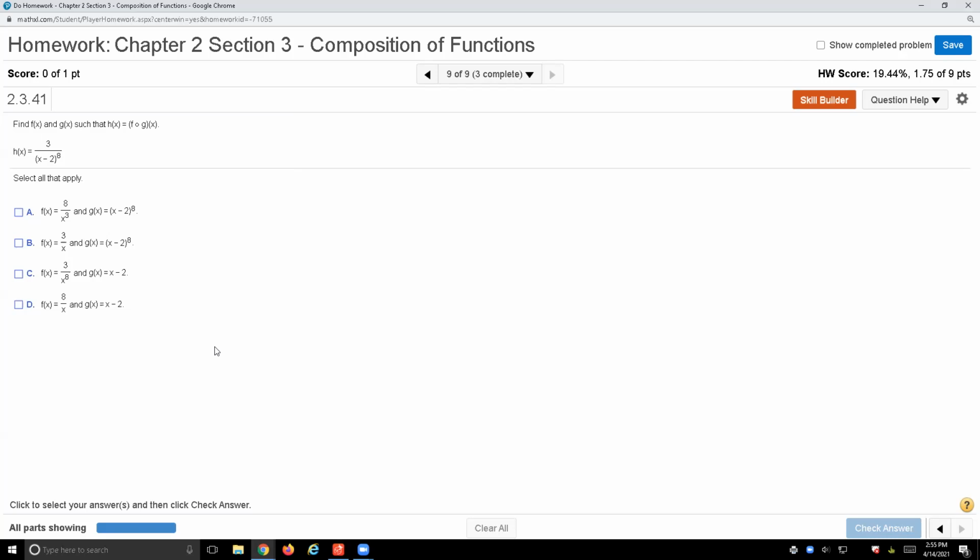This is a rational function, so f of x is on top, g of x is on the bottom. That's one way you could do it. Or we can see that this is,